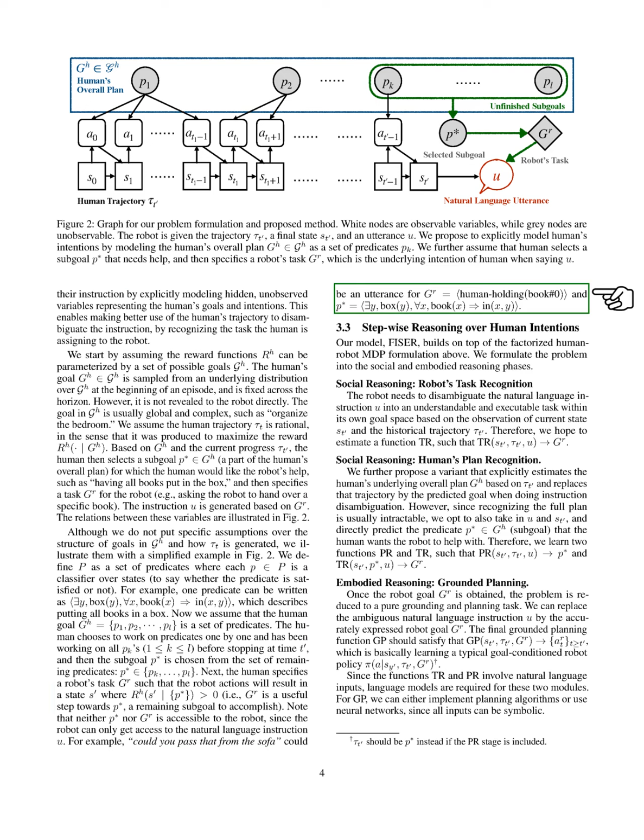However, the robot only has access to the natural language instruction and not the specific subgoal or task details. Our model, FISER, builds on this framework by incorporating two phases of reasoning. In the first phase, we focus on task recognition, where the robot must interpret the natural language instruction into a task it can understand and execute, based on the current state and historical actions. We aim to estimate a function that maps the current state, historical actions, and instruction to the robot's task.